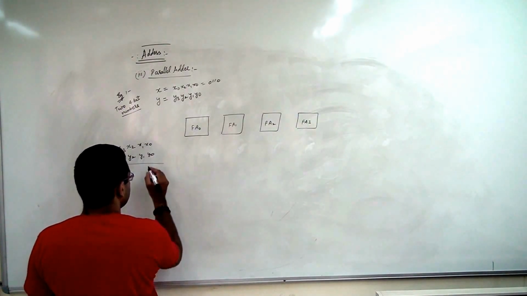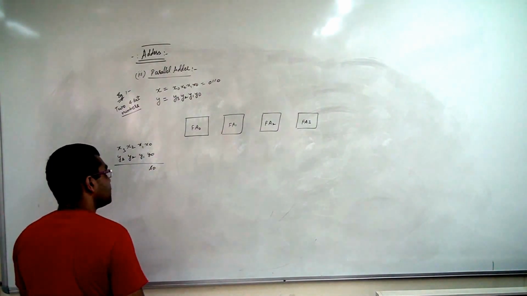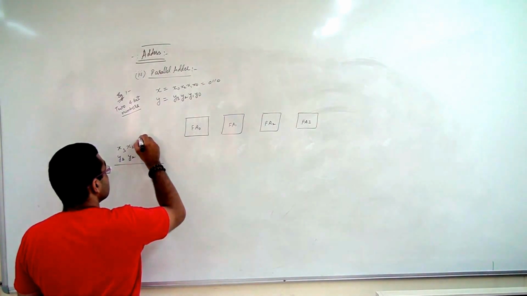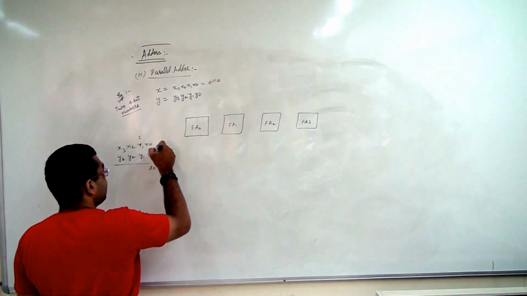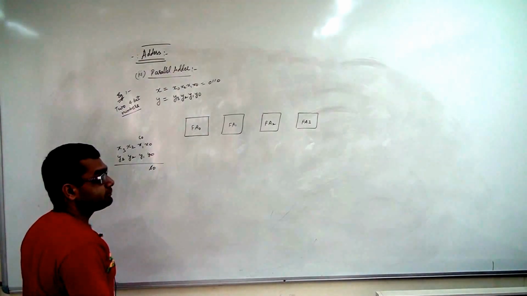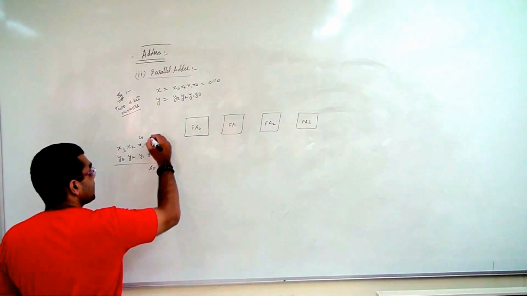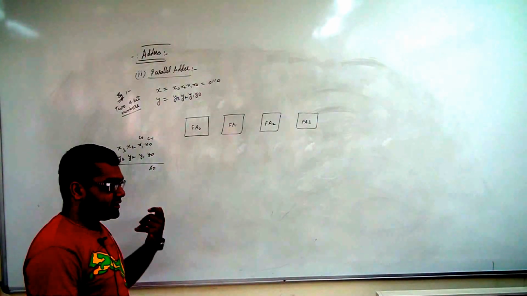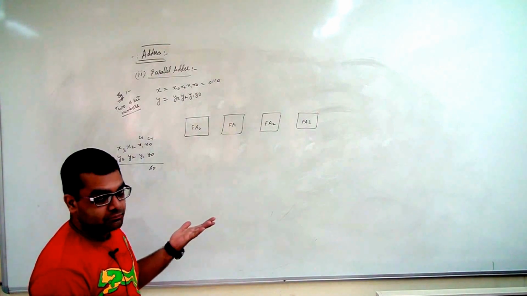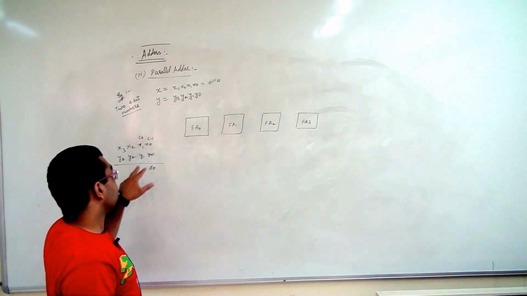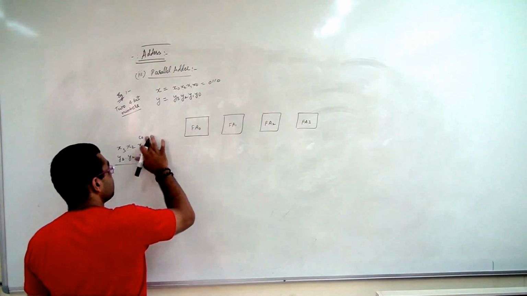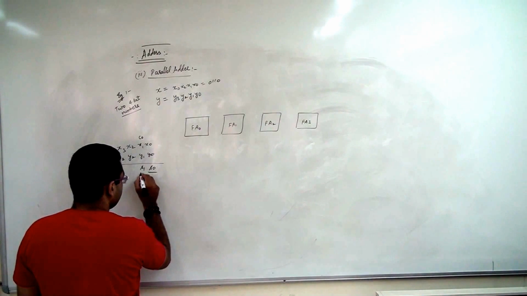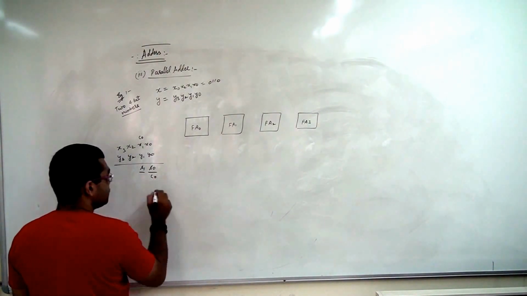How? You add x0 and y0, whatever sum is obtained at stage 0, I call it S0. Then some carry is going in. Since this is stage number 0 and this is stage number 1, the carry coming from the previous stage I call C0. So the carry over here will be C(i-1), that is C minus 1, which in this case is 0, that is absent. If this is the first stage, nothing is being added over here, so we can also eliminate this. So I add them. I'll show the carry also over here.